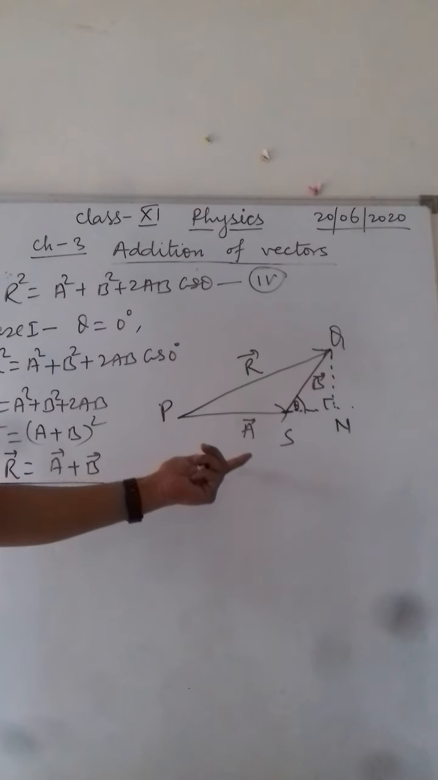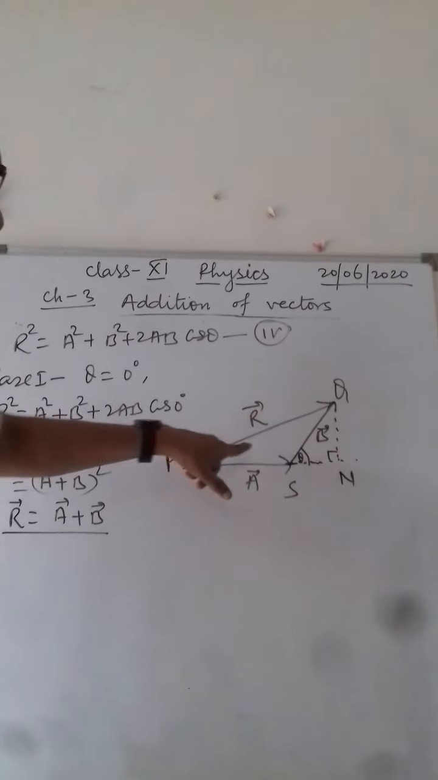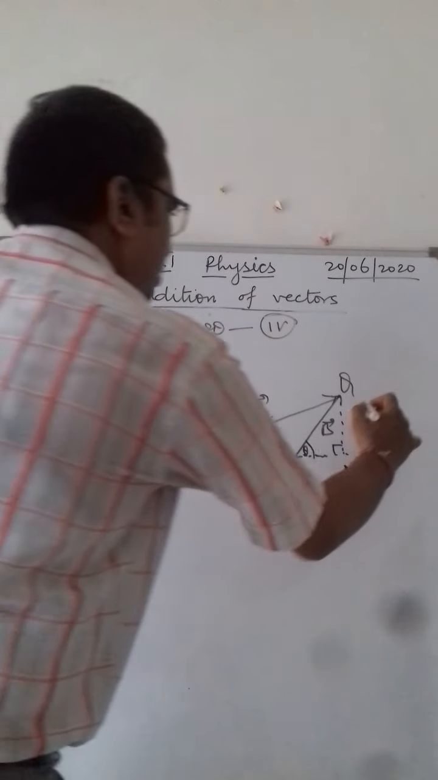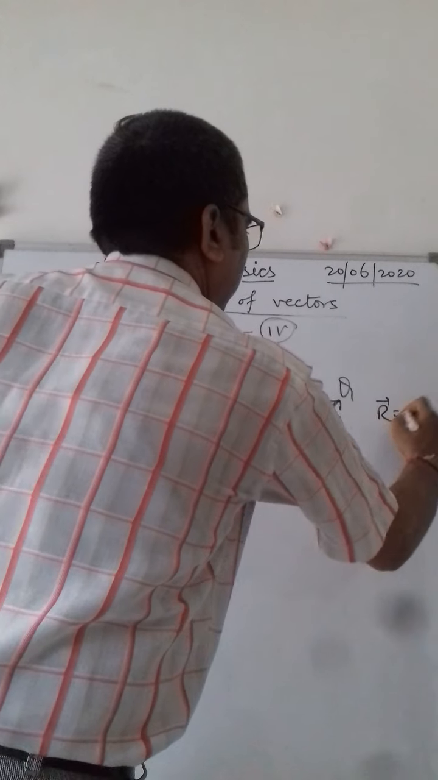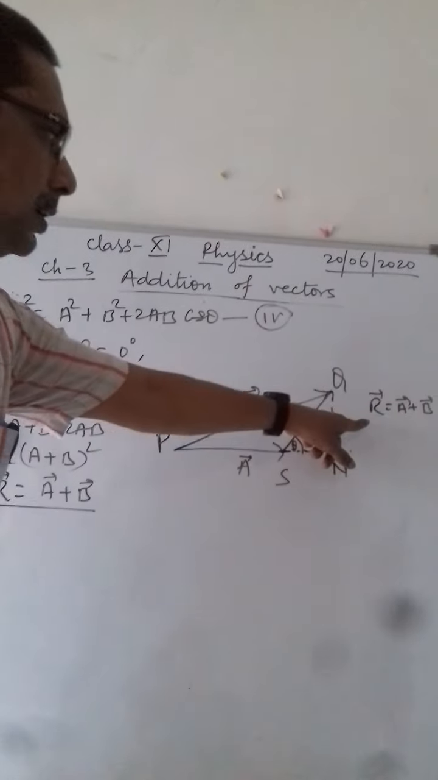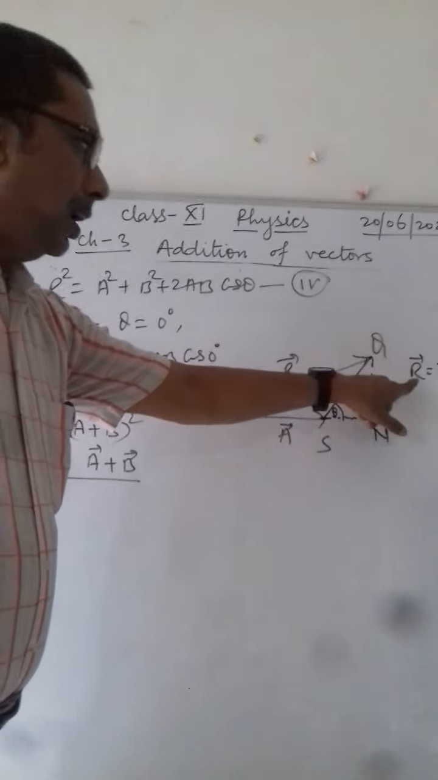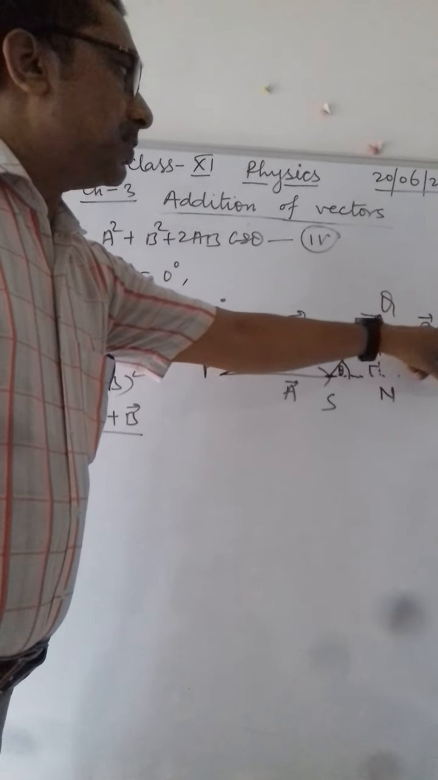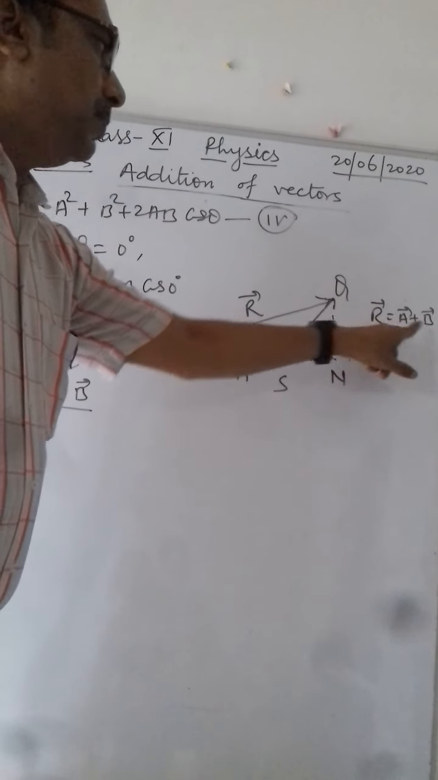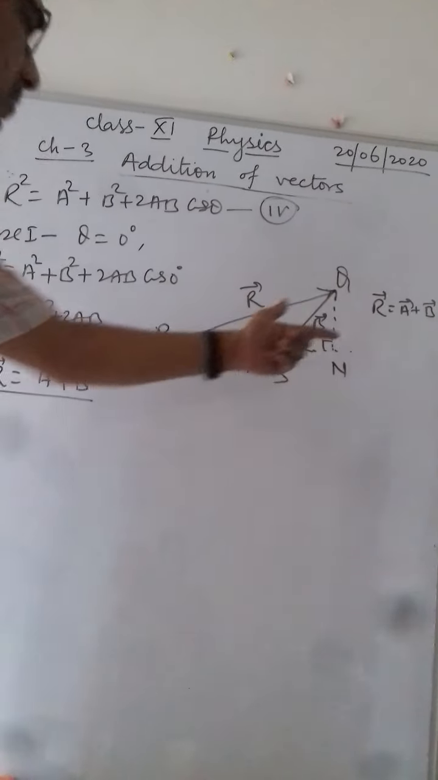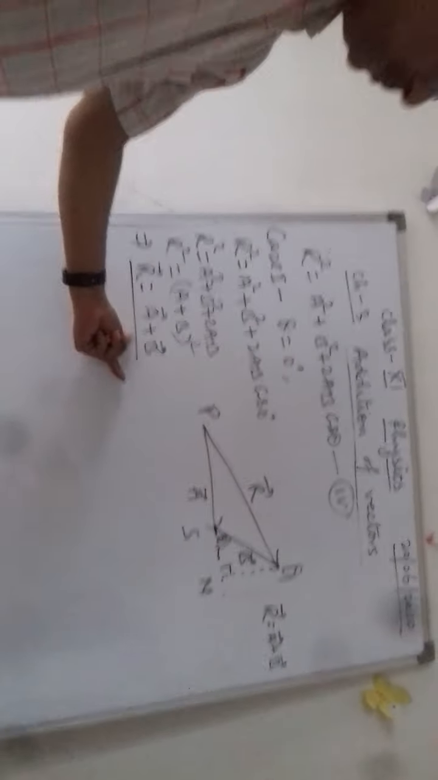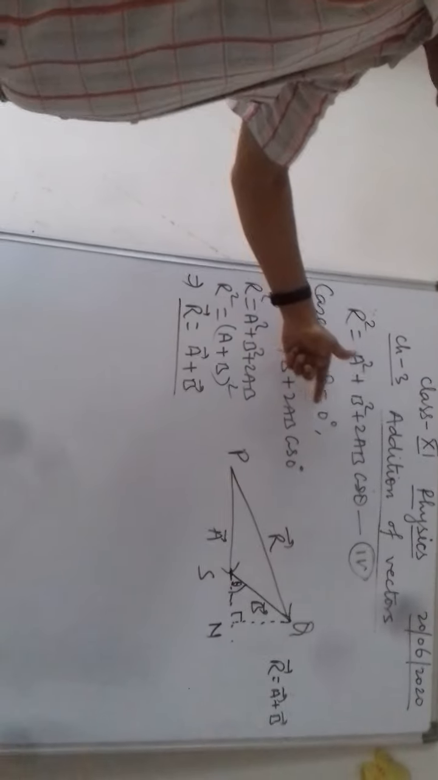In a simple way, we are also writing it in the form R is equal to A plus B. That indicates the resultant of two vectors is equal to A plus B. Both are vectors, so the addition of two vectors A and B is equal to R. That is proved by this formula, R is equal to A plus B, when we take theta is equal to 0